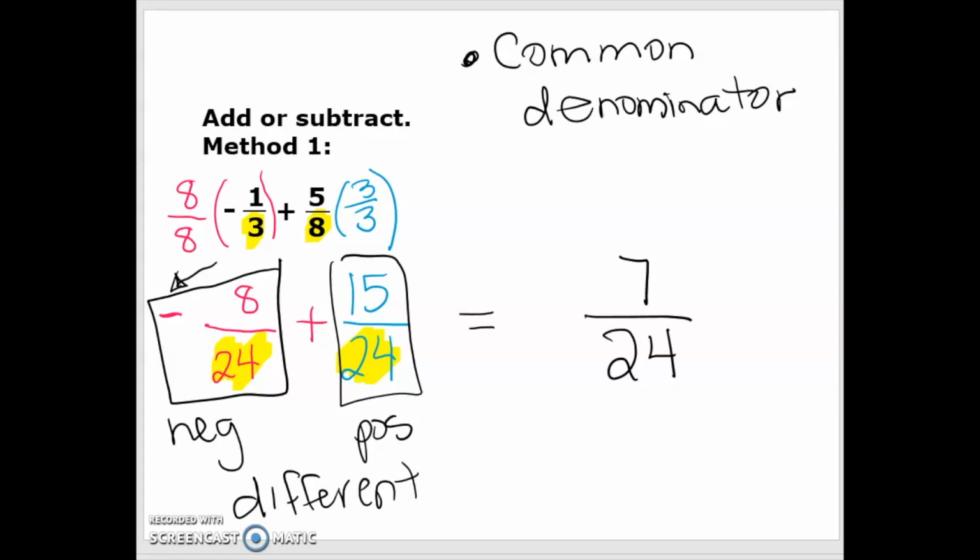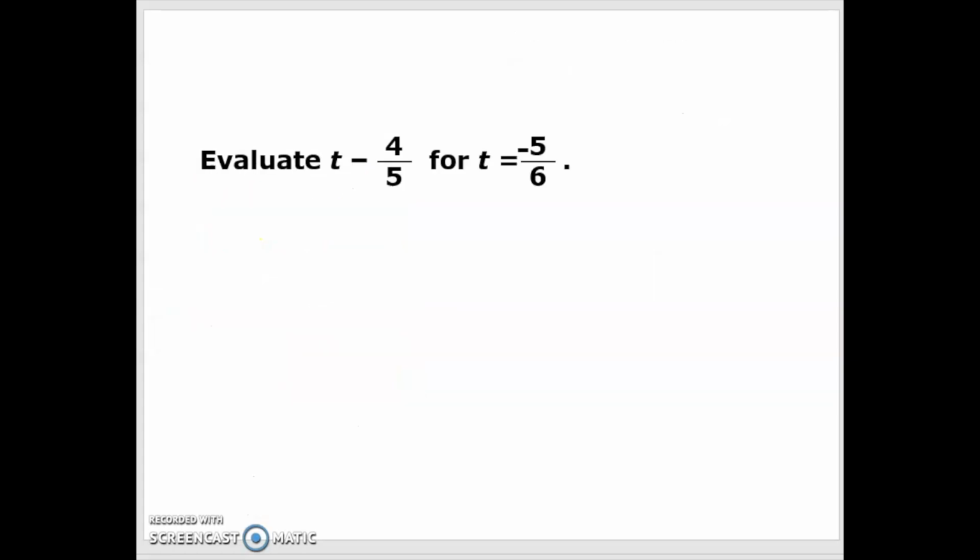So you're going to do a lot of practice with addition or subtraction. It could be a subtraction problem. So let's try a subtraction problem next. All right, here we go. And I even threw in some variables. So notice that we've got a variable there. Don't freak out. They told you the value of the variable. So all we're going to do is plug that in right there, and then we'll solve the problem. So instead of t, I'm going to replace t with -5/6 minus